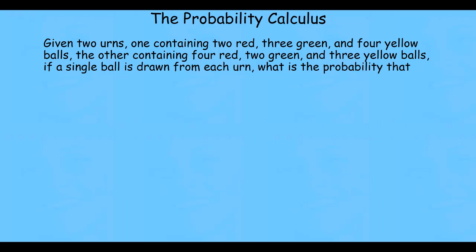Let's try a different kind of problem. This problem says I've got two urns. One contains 2 red balls, 3 green balls, and 4 yellow balls. The other contains 4 red, 2 green, and 3 yellow balls. If a single ball is drawn from each urn, what is the probability that